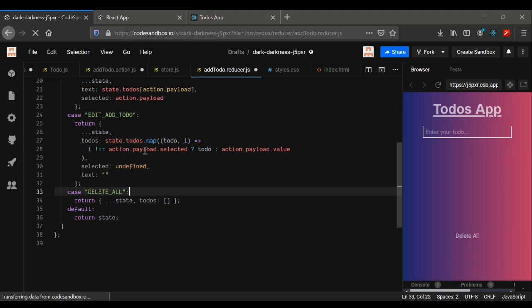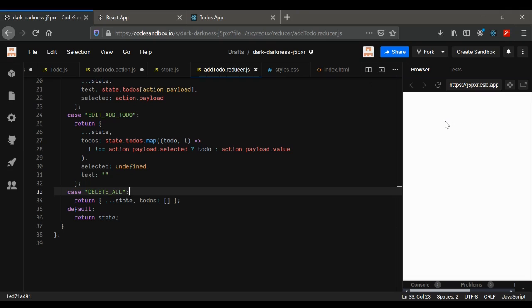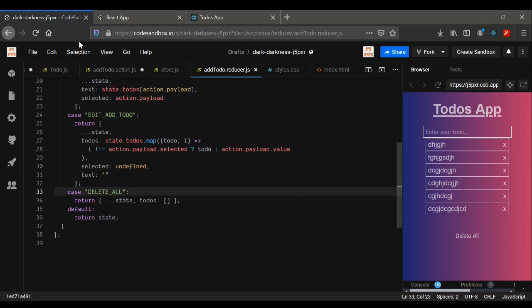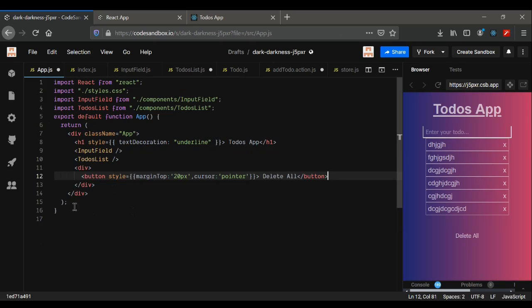Now if we just save it, and let's see. In here, if I just type in something and click on this delete all, oh wow, it's not working because I haven't added the action button, right? So just go to this part and remove this part, and I'm going to convert this